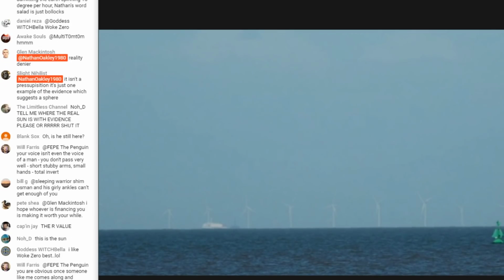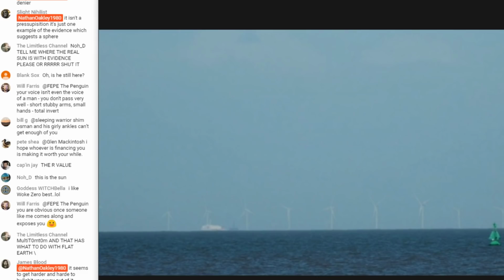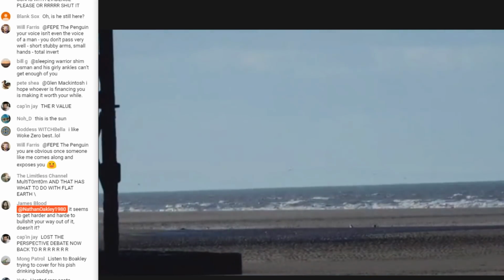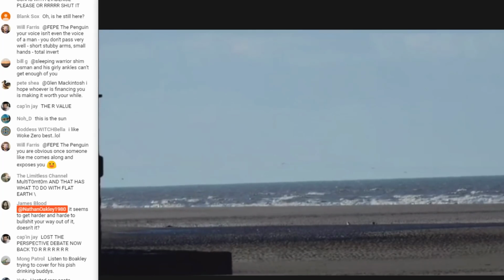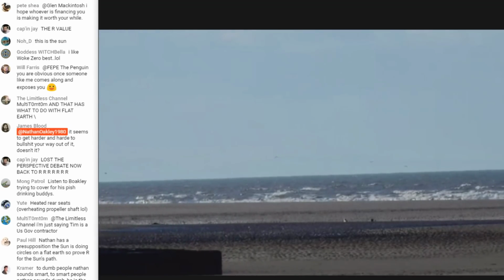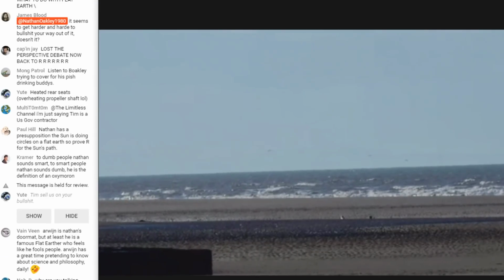Tim's happy. He has one tiny little thing. I'm glad you, Arwen, are actually smart enough to understand that. It blocks the disk Earth modelers from taking the heavenly bodies as physical objects moving over a disk, and that is the constant angular speed of the sun over its pathway in relation to the observer. And he thinks that is automatically a win for the globe, because the globe uses the same foundation to assume, through R and all of their nonsense, that the sun ball is moving in a path around the Earth, or rather the Earth is spinning underneath it.